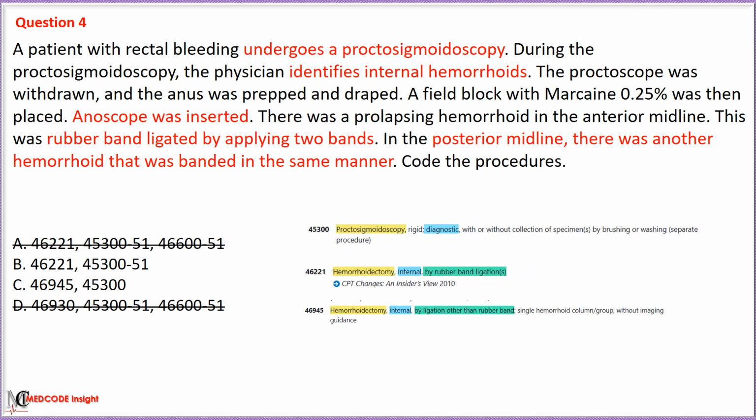In this case, the provider ligates the base of the hemorrhoid using a rubber band method. Therefore, we eliminate option C with code 46945, which is used when the provider treats hemorrhoid using techniques other than rubber band. The correct option is option B with code 46221, which is used for hemorrhoidectomy internal by